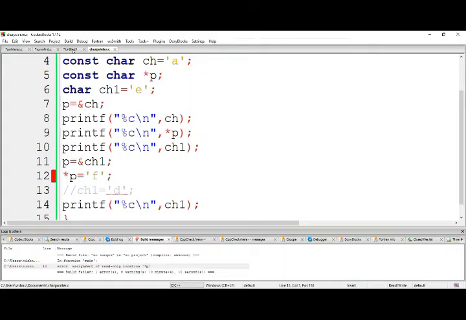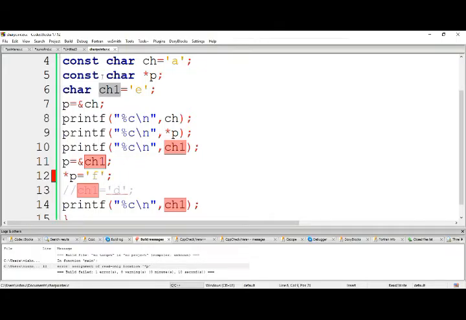It is getting compiled. So here you can observe this one. So *p denotes which value? ch1, right? We have stored the address of ch1 into p now. Now *p denotes the value of ch1. It will denote the memory location.